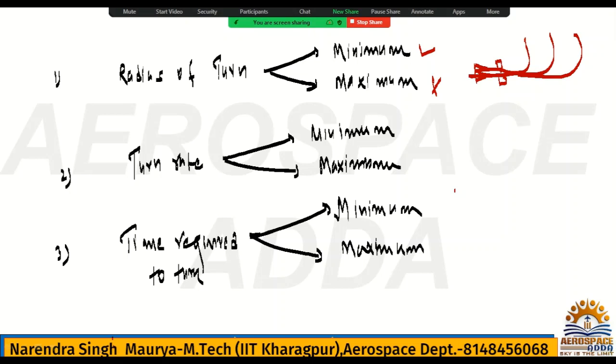Because if you go for the turning, which is turning radius or radius of turn, if it is more, I told you there are constraints, it will take more time because it will travel more distance. That is not acceptable because of the fuel constraint, because of the time constraint. So you will follow minimum turn radius even while you are turning your car, your bike,